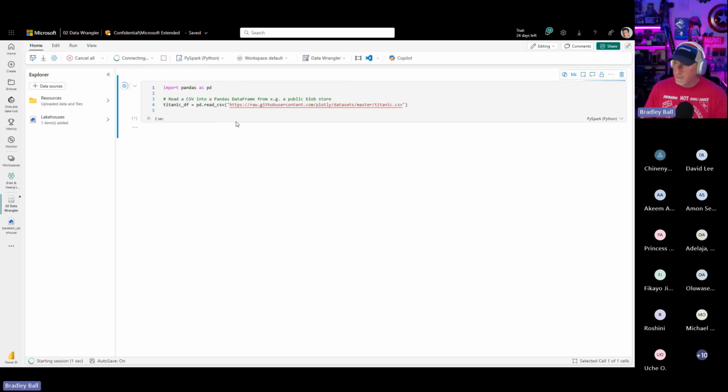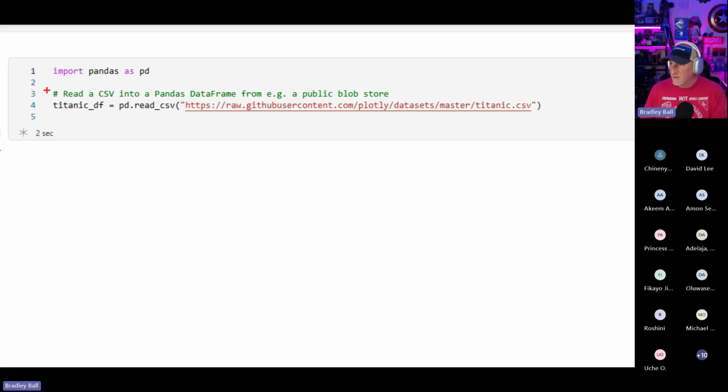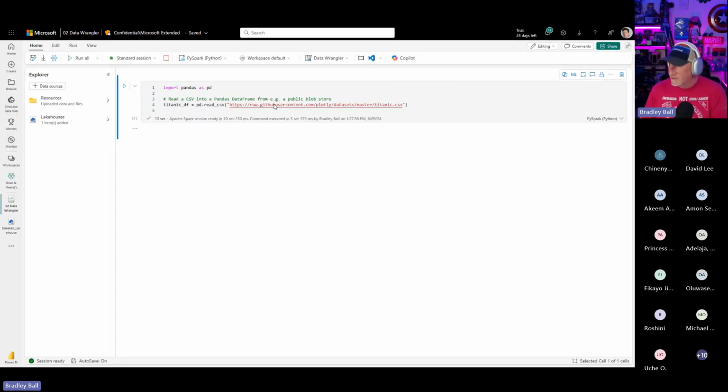And this time, if you look really closely, what I'm doing is I'm importing to a data frame, but my data frame is called Titanic_DF. And I'm doing a read. And you can see I'm actually downloading this from a URL. This is from GitHub content, but this is a data set that's widely used on Kaggle and data science to be able to look at and process some analytics against it.